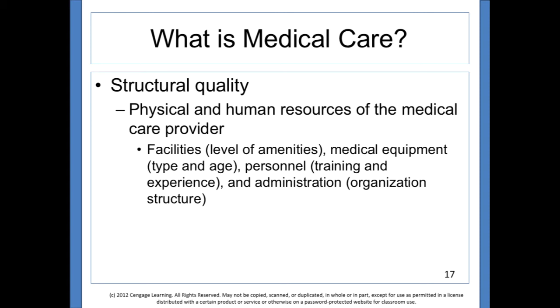For example, when you go to the dentist, one dentist may have a more updated machine compared to the other dentist. And the personnel, the dentist assistant may actually have different training and experience,